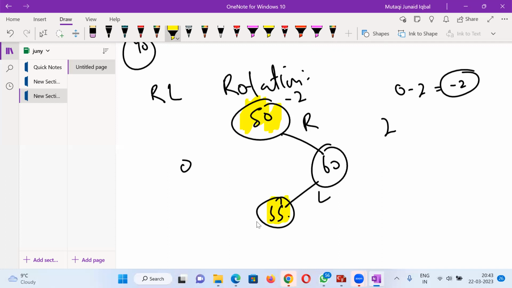जो ही -2 है, तो ये वाला इशू हो गया कब? जब मैंने ये 55 भरने की कोशिश की। तो 50 प्रॉब्लम में आ गया। तो हम क्या कहेंगे भाई 50 को, तू ए है, ये बी है और ये सी है। चाहे एल आर रोटेशन हो या आर एल रोटेशन हो, दोनों में बनाओ चाइल्ड किसके? सी के। तो 55 आइडेंटिफाई करो। राइट साइड 60, लेफ्ट साइड 50।